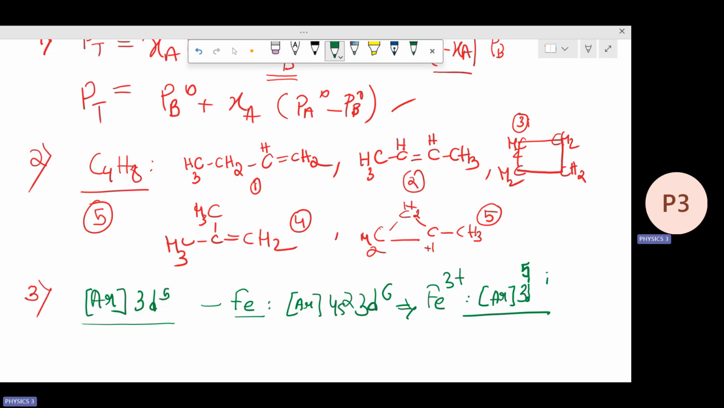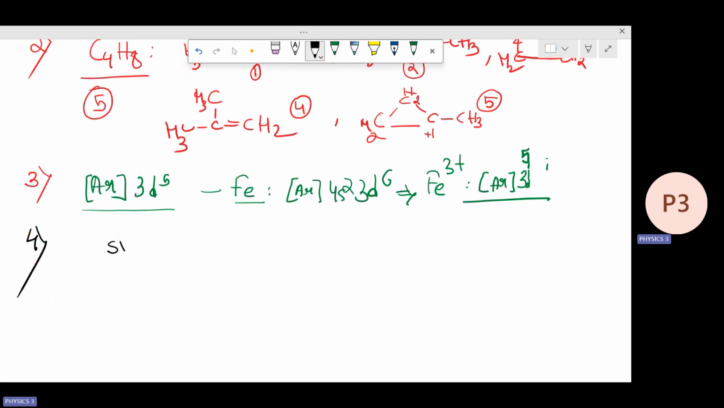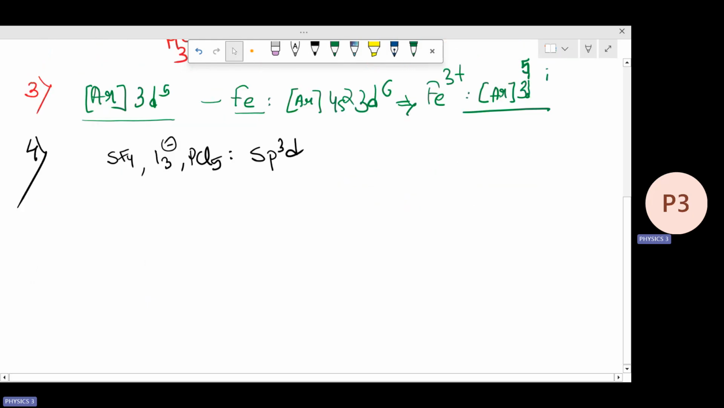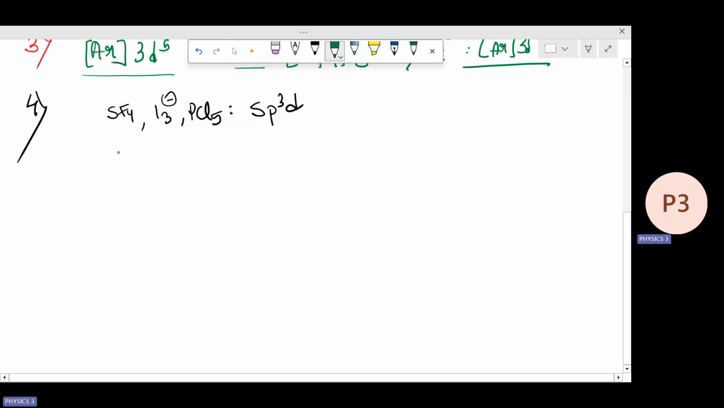Next question, question number 4. In question number 4, we are asked which among the following species does not have the same type of hybridization as the others. If you check carefully, all of them have one hybridization. Whether you're talking of SF4, whether you're talking of I3 minus, or PCl5, everyone has one hybridization, that is sp3d. Only the one that is this one,